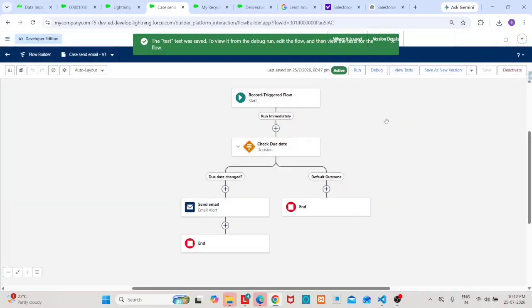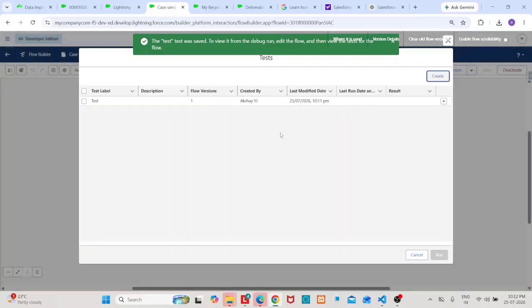So how do I run it? All I have to do is click on view test. I have a test suite ready. I'll select this, click on the drop down, and choose run test and view details. You can also run it from here, but I want to see the details as well. So I'll select this option